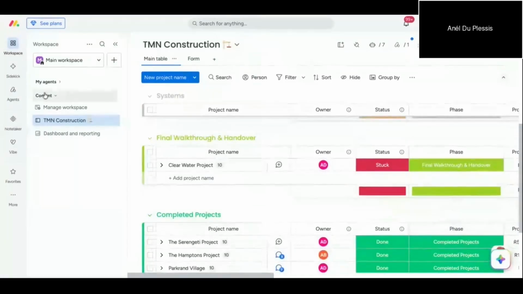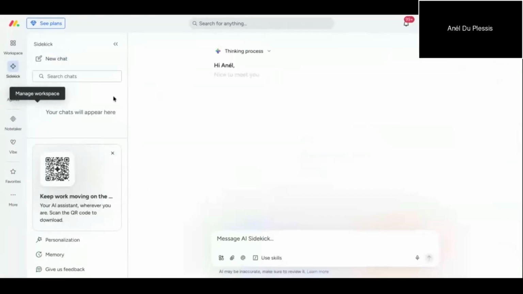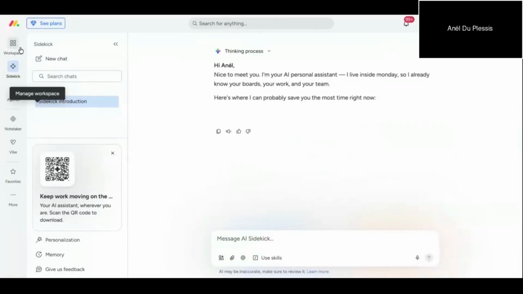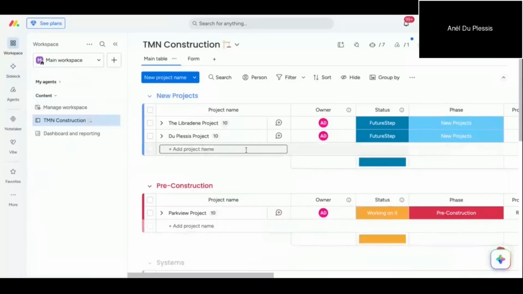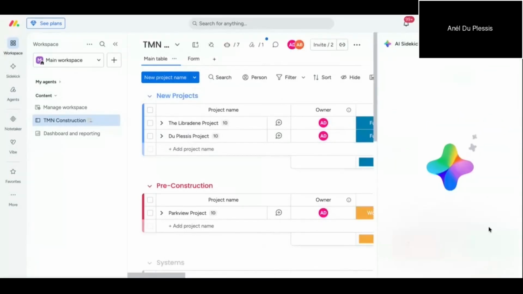So those are just some of the tweaks that you can typically look at. There, from an AI perspective, there is, of course, Sidekick. Sidekick, you can at any point in time also use and set up. Sidekick is like having a Gemini live inside of Monday.com. So instead of me having to go out of Monday.com, let's say use Gemini or ChatGPT or Claude or whatever the case may be, I can now go and say to Sidekick, I want you to be able to